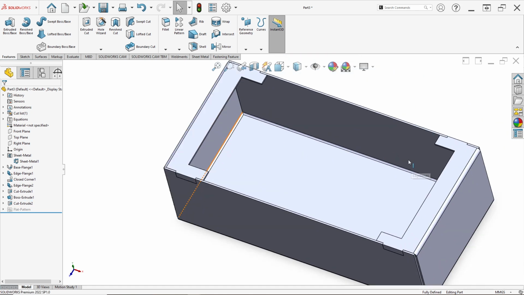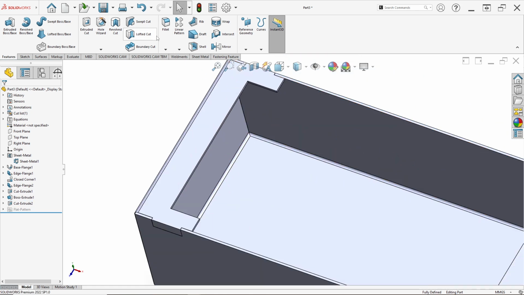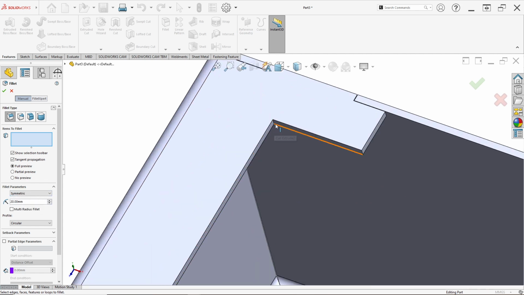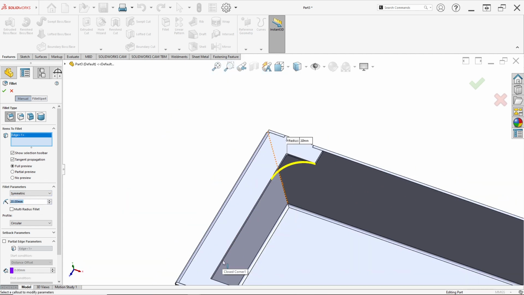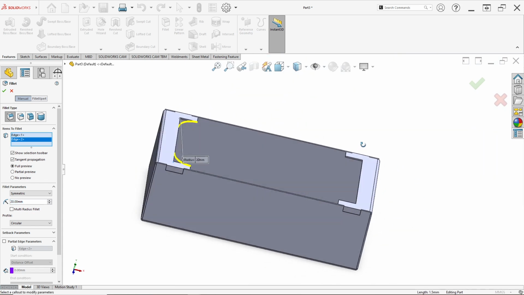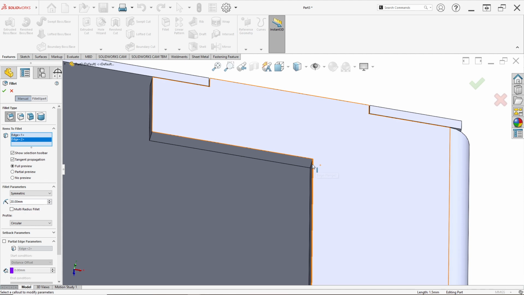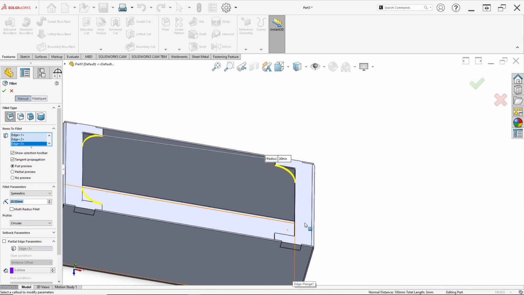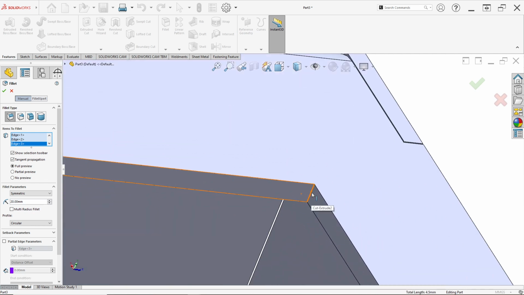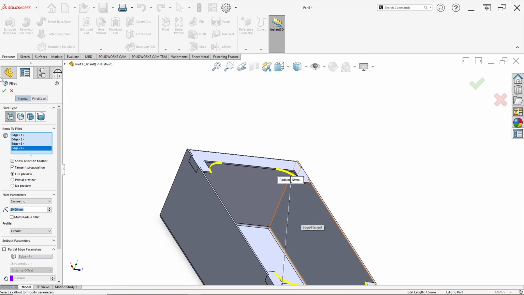It's so simple. Just make a fillet. For fillet diameter, we set 20 millimeter. Select this corner edge, select this edge, and select this edge, and the last, select this edge. Just click OK,